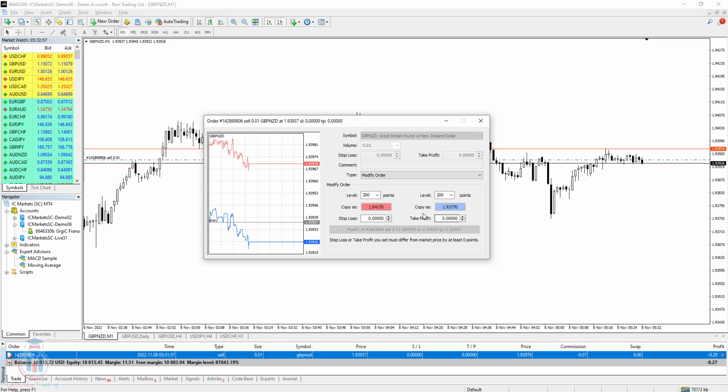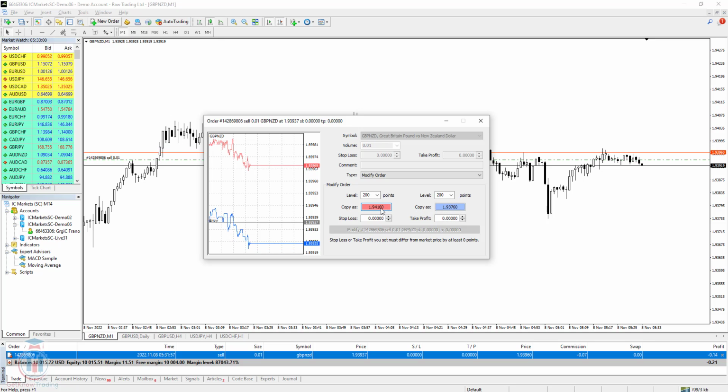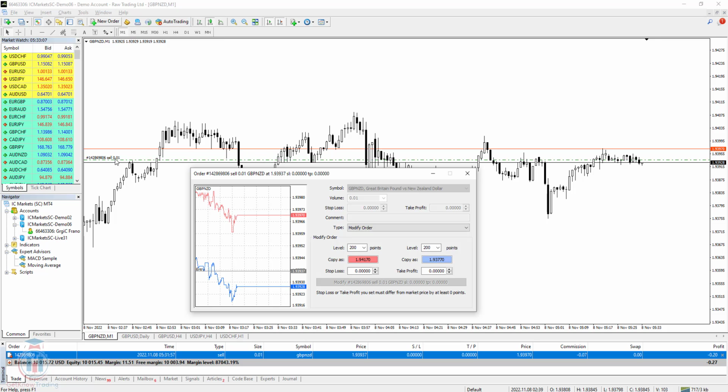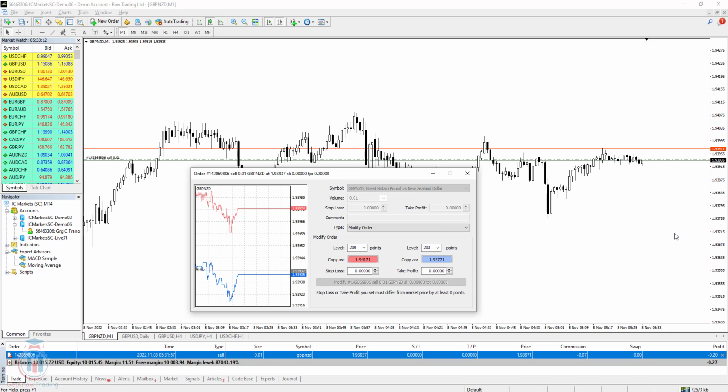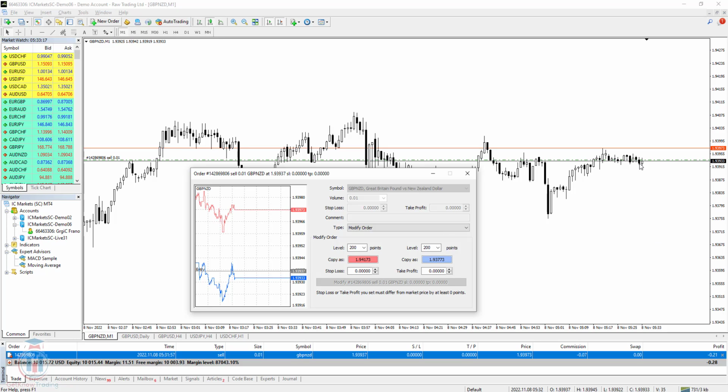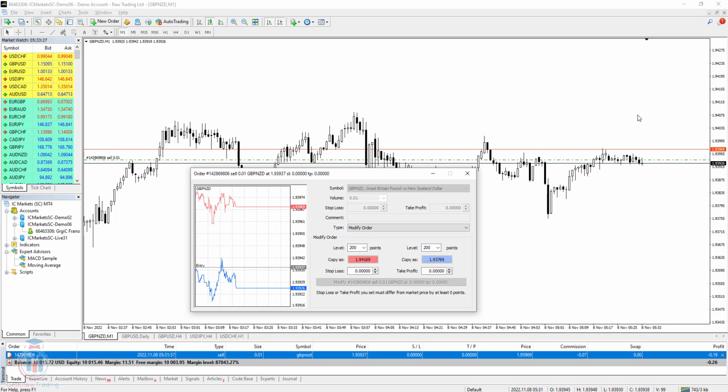level here. So if I want to modify this order, I need to change stop loss and take profit. But I need to pay attention because it is a sell order. That means I'm expecting the price will fall, so my take profit should be below, because I'm expecting the price will reach a lower level. But if the market turns around and goes against me, up in price, then I should put the stop loss above the current price, so I minimize the risk and lower the loss. So my stop loss should be above